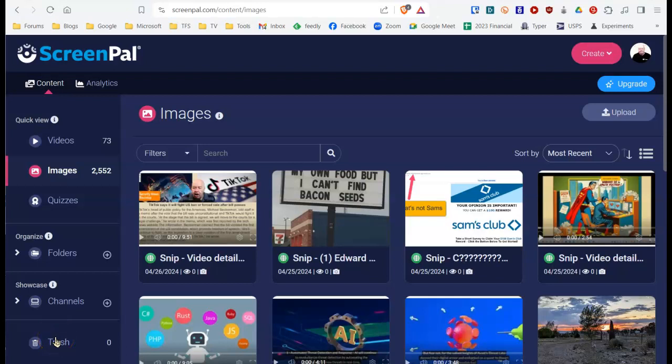ScreenPal, originally called Screencast-O-Matic. It's been my favorite tool for both video creation and editing and image screen capture and editing. But in the screen capture mode, there has always been one shortfall that's finally been addressed in this very latest